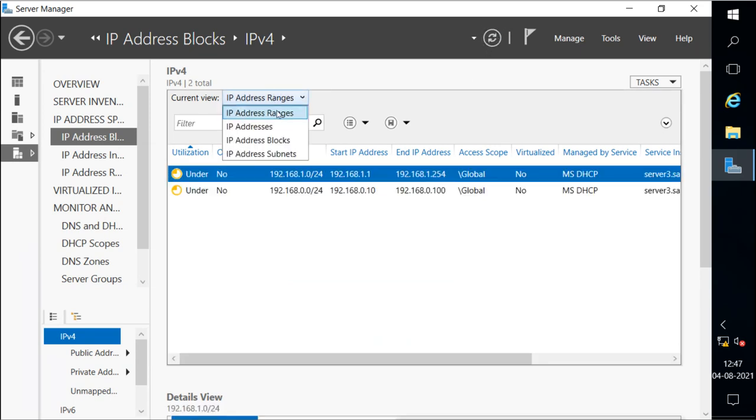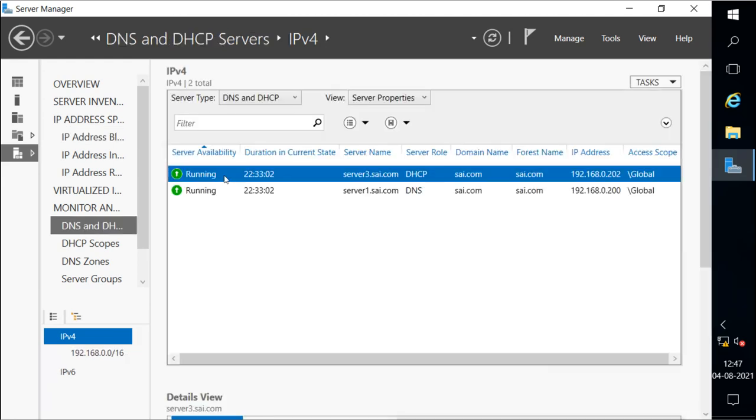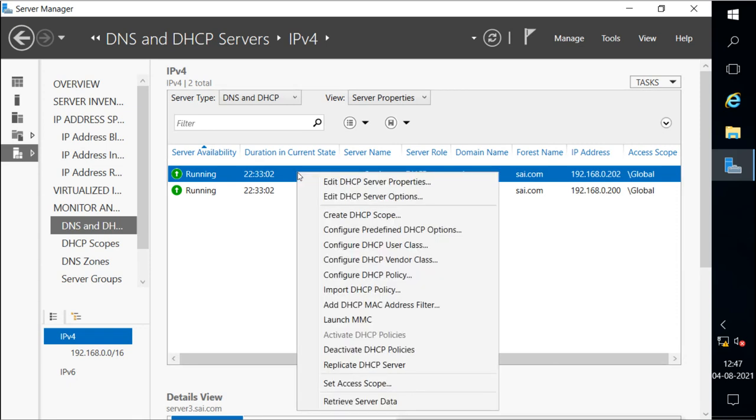I have created the block, so I can see the block here which I have created. So I know what I have done, and the static IP addresses that I have given to someone, I can track them. Then we can also reclaim, that means if the DHCP server has some IP addresses, then we can reclaim the IP addresses if they are not used in DHCP.